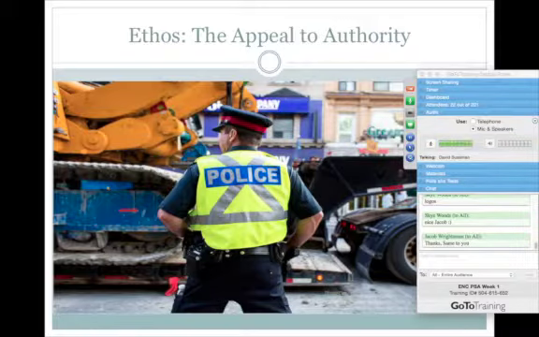And the final one is ethos, the appeal to authority. I don't really mean authority in the sense of a policeman, though that's the image I chose here. It's really the appeal to authority or credibility. There's some blurring of the lines, because the way that you use the other two elements can help in these areas. But it's basically about creating the text in such a way that you, as the creator, the author, establish trust or credibility with your audience. That can happen in small ways, the way that you word things, the way that you phrase things, or the way that you organize things.